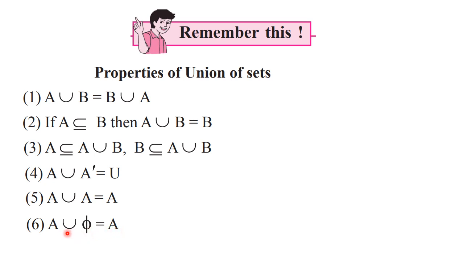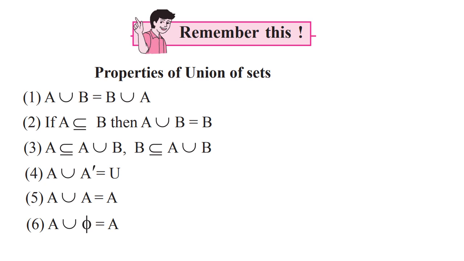In case of intersection, A intersection null set is the null set. But in case of union, it is the same set. Because it is union, we are taking all the elements together. We are always thinking of a bigger set while writing union. So in case of A and null set, A is the bigger one. That is why A union null set is the same set. Okay. So these are the properties of sets. I hope you must have understood this.